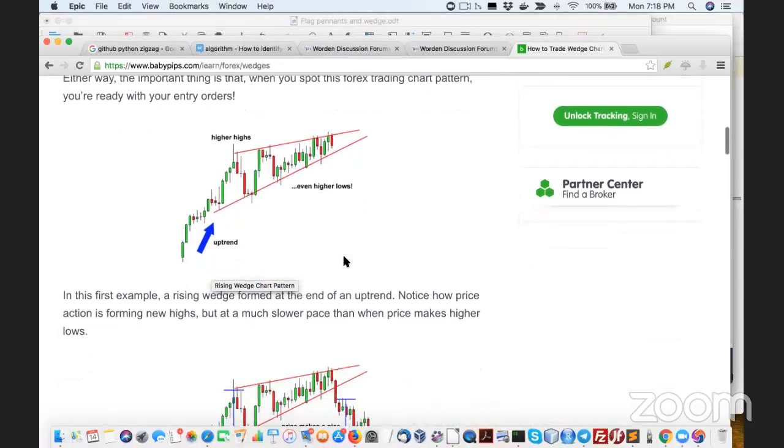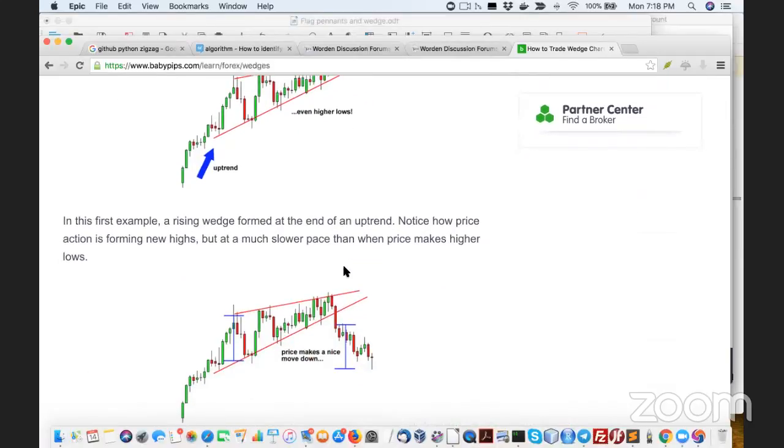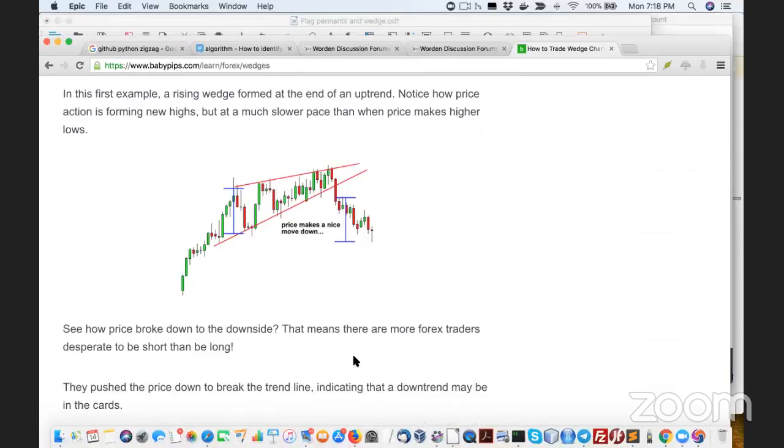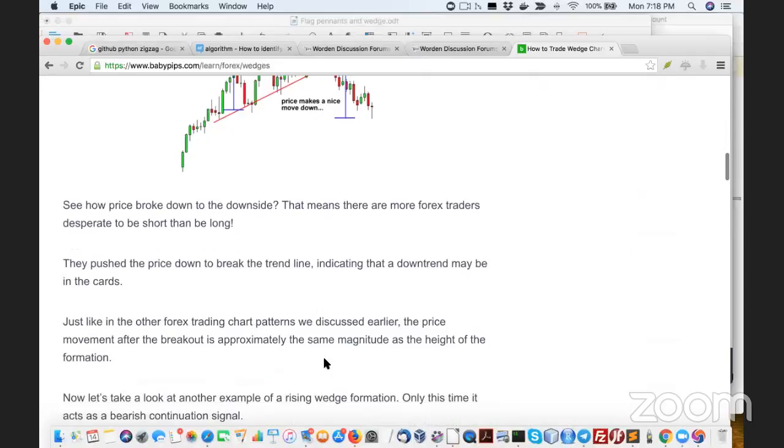So historically, we can determine if we want to put on a market entry or not, or just wait and see what happens further, because sometimes you can get these uptrends, and then all of a sudden the wedge will break down, and it may not form into what you want. That's why you have all these multiple different patterns that combined, you can see, oh, this is a setup for something. We don't know what yet, but watching the combination, we can generally determine that maybe there is a market entry opportunity